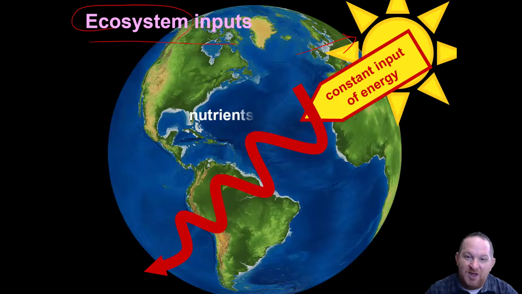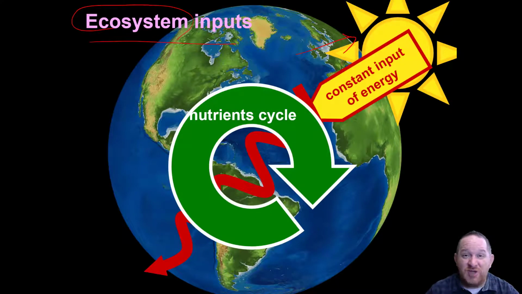The other stuff, the nutrients, we actually have to recycle, right? The water, the carbon dioxide, the nitrogen, all of these things that we need for life have to be recycled because there's not some ship coming onto our planet and bringing new nitrogen, new carbon dioxide, new water, right? These aren't coming from somewhere else. So what's on the earth is what we have. It has to constantly recycle. Now we get a constant input of energy, but the nutrients we have to recycle. So what I want to talk about now are some of those nutrient cycles that we see on our planet.